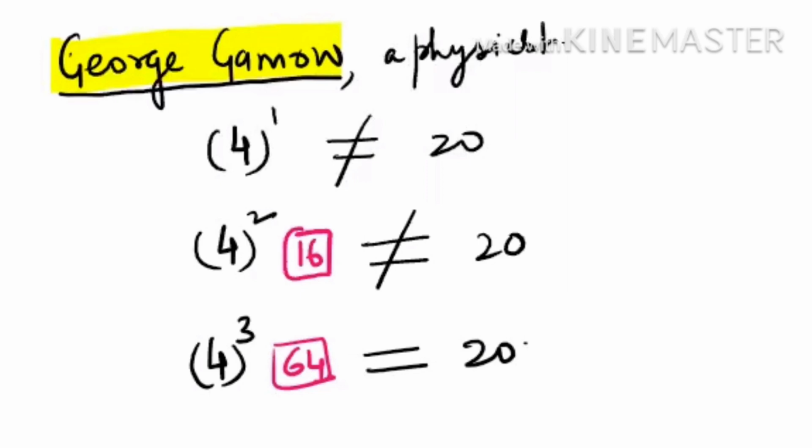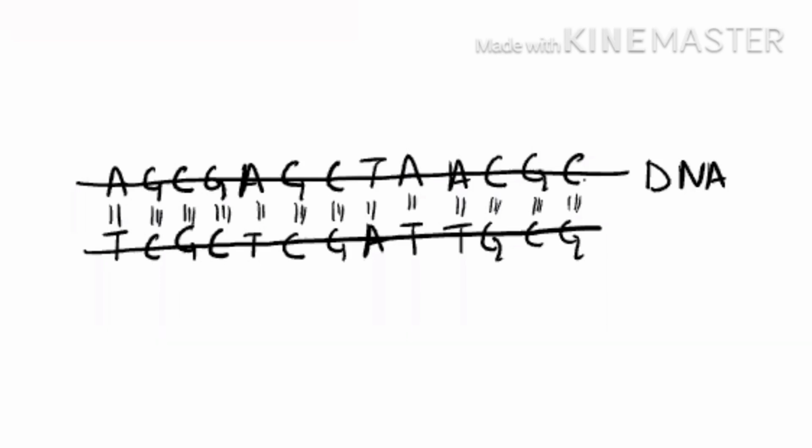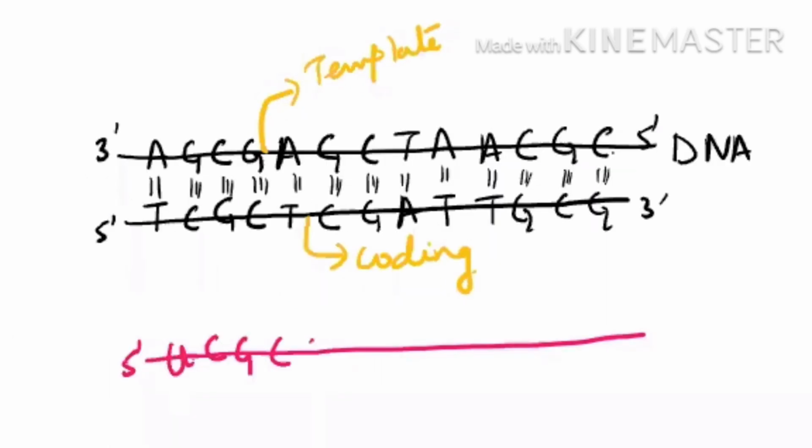Try to understand here. See, this is the DNA and we are using this as a template strand. So obviously this is your coding strand, which we have already discussed earlier in the previous videos. If you want, you can go and check it back. So this is your RNA now. You know very well RNA will have the same information as given in the coding strand, but only one thing, you have to replace the T with the U.